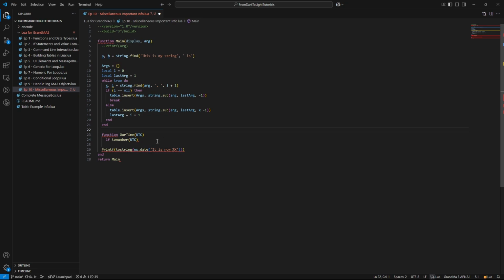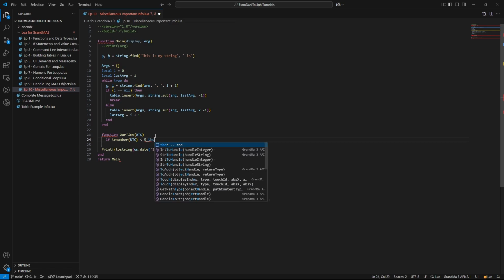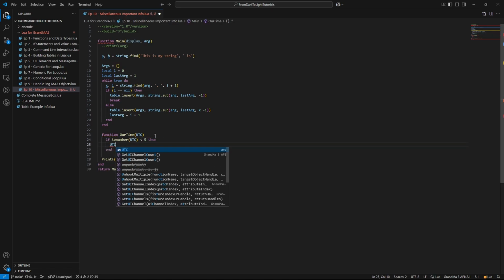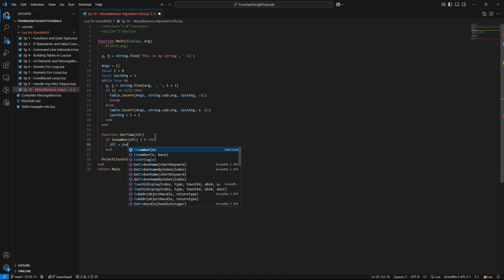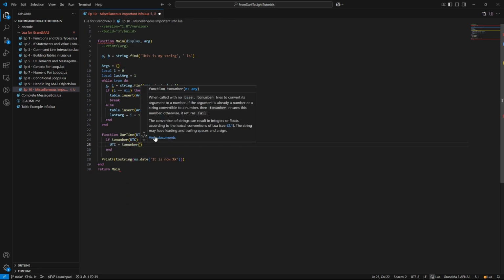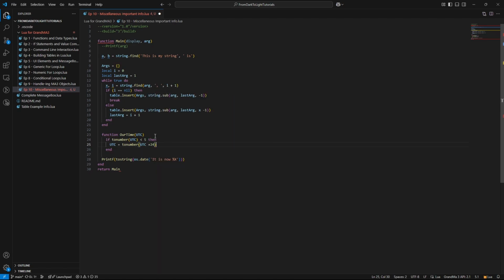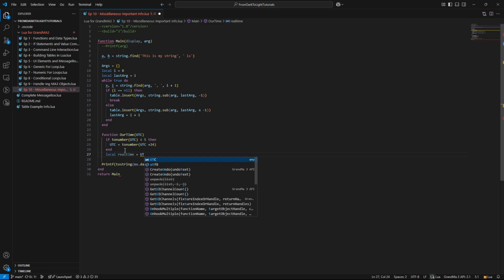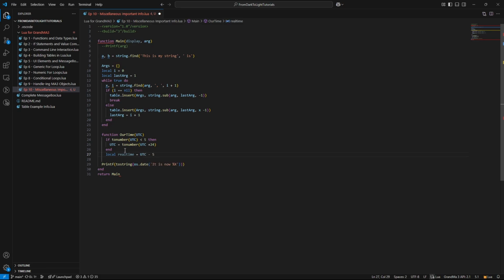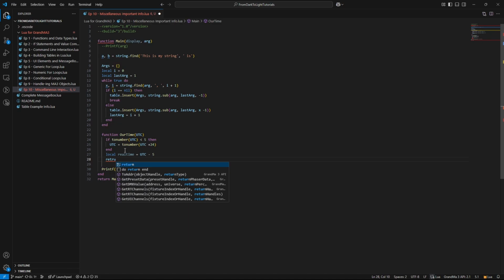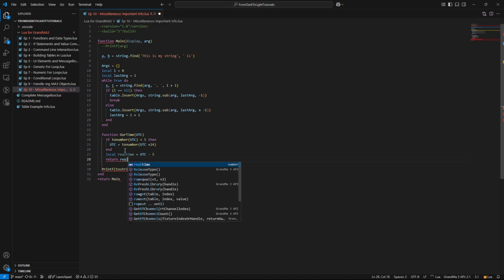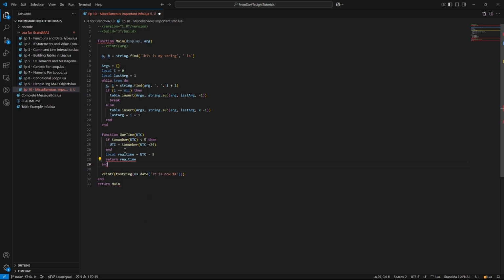If our number UTC is less than 5, then UTC is equal to number UTC plus 24, and then outside of the parentheses, local real time equals UTC minus 5, return real time, and end the function.